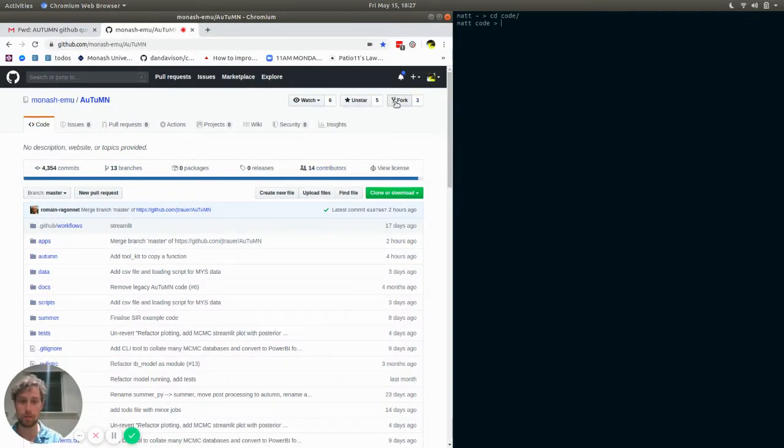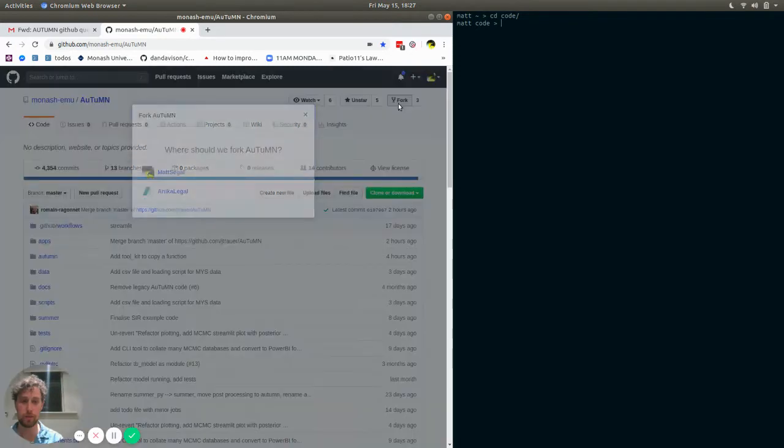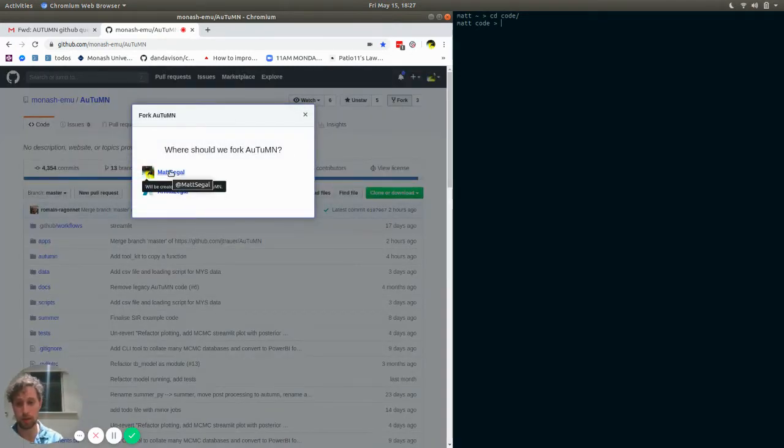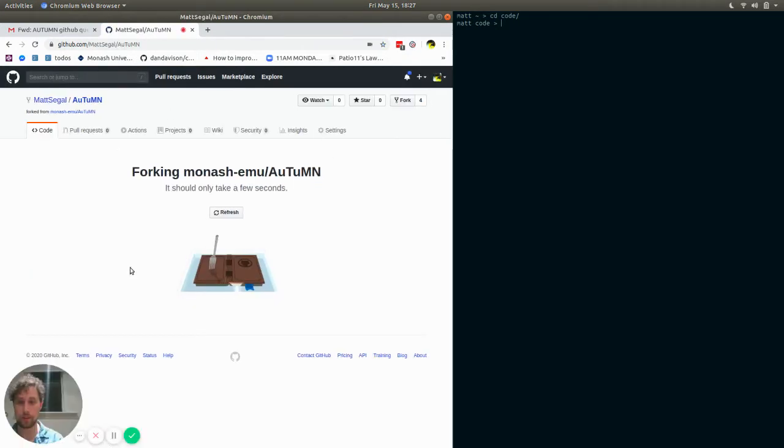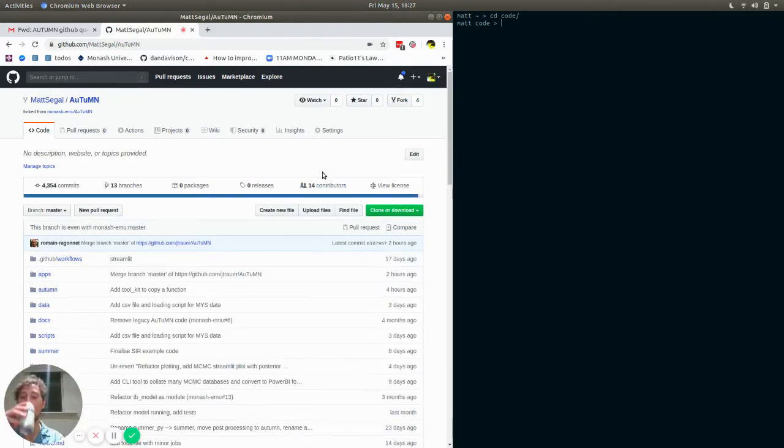You can see there's this little fork button here. So just hit fork, which we fork Autumn. I'm just going to fork it to my personal profile, which is Matt Siegel. And then you'll see this forking animation happening here. Now this will take a second. Cool. Now you can see that Autumn now lives at Matt Siegel Autumn, which is my personal copy, which has